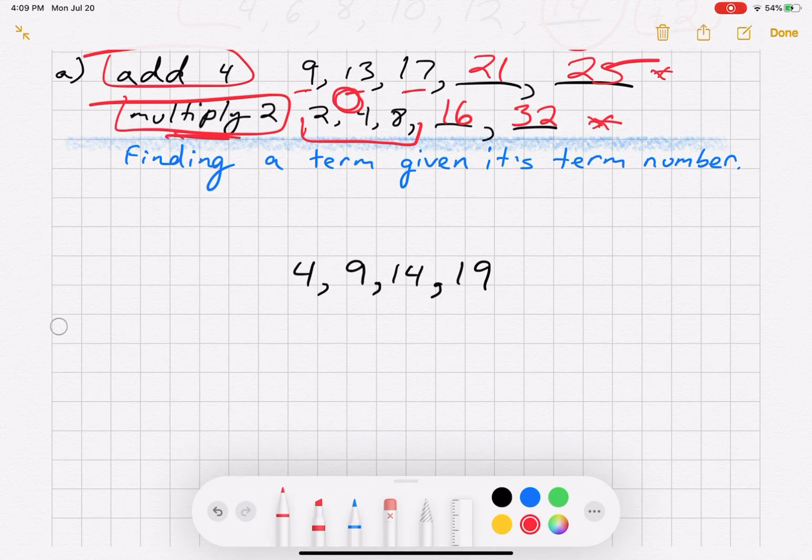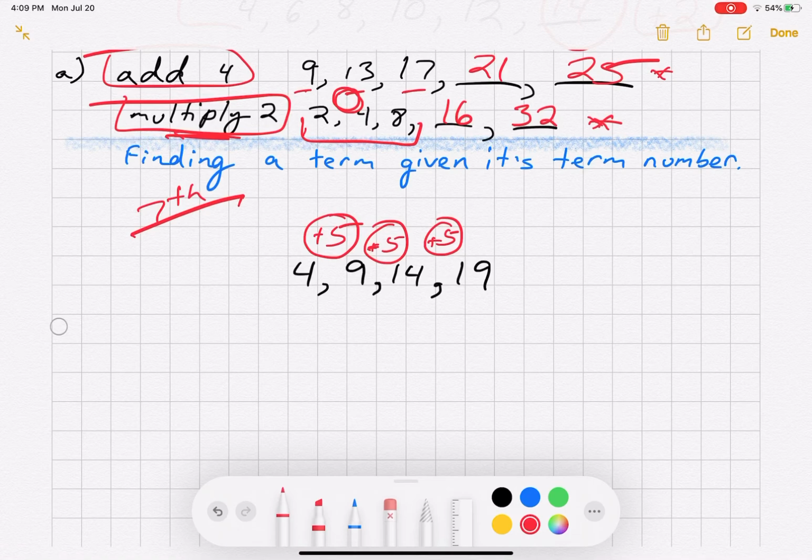Okay, so I want to find the 7th term. So I'm looking for the 7th term here. Right now there are 4 terms, so I need to find 3 more to get the 7th term. What are we adding each time? So I'm going to look, what am I adding in here each time? 4 plus something equals 9, so I know that's 5. And I check each one to make sure that the pattern is the same all the way across. So in between 9 and 14 is 5, and again, I know I'm adding 5 to 14 to